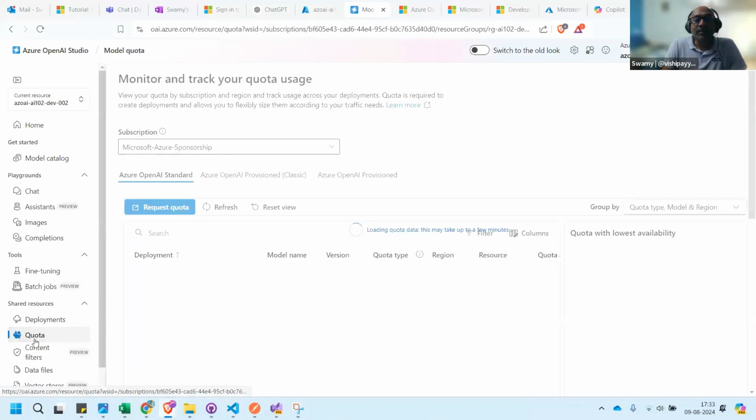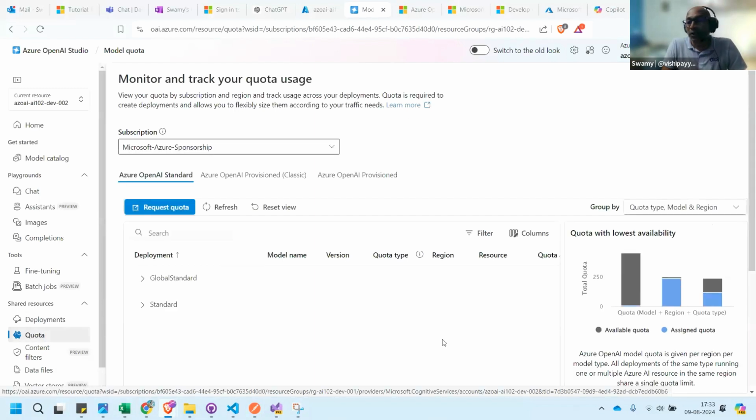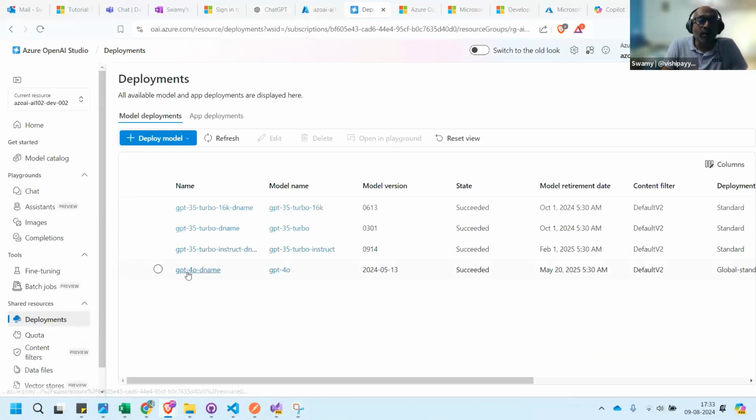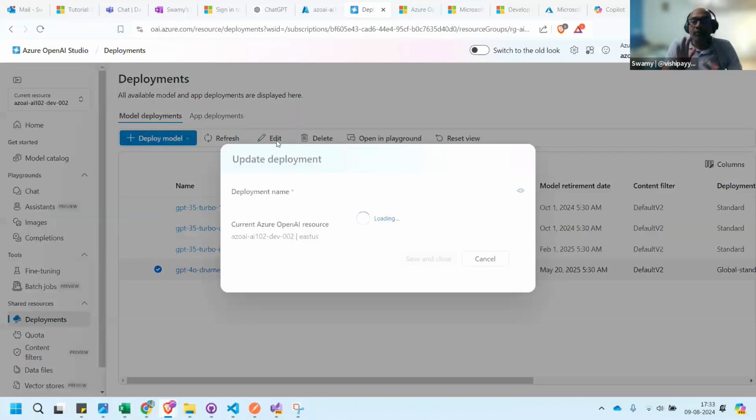If I come and see the quotas, you can see that previously we didn't see that. As and when we are consuming, it is counting. And here in the models also, in the model deployments, we can see that you need to be a little careful when we are creating these models and what options we are choosing.